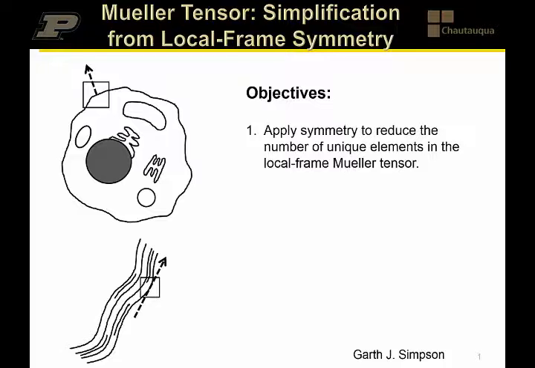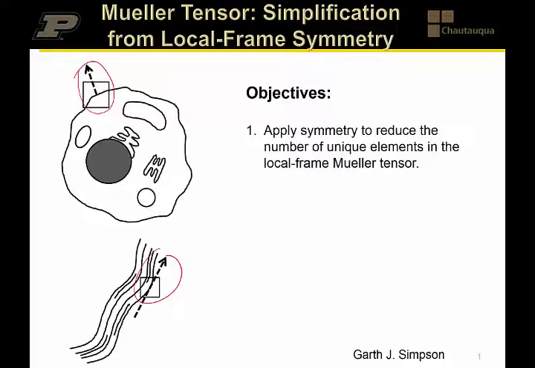And it turns out that symmetry can work to our benefit in reducing the total number of non-zero elements that have to be considered in the Mueller tensor. So the objectives in this section are just to see how that plays out in terms of considering particular symmetry relationships. And we're going to focus on one symmetry in particular simply because of its ubiquity, but hopefully you'll see that the approach taken to describe the symmetry properties could be easily generalized and applied to arbitrary